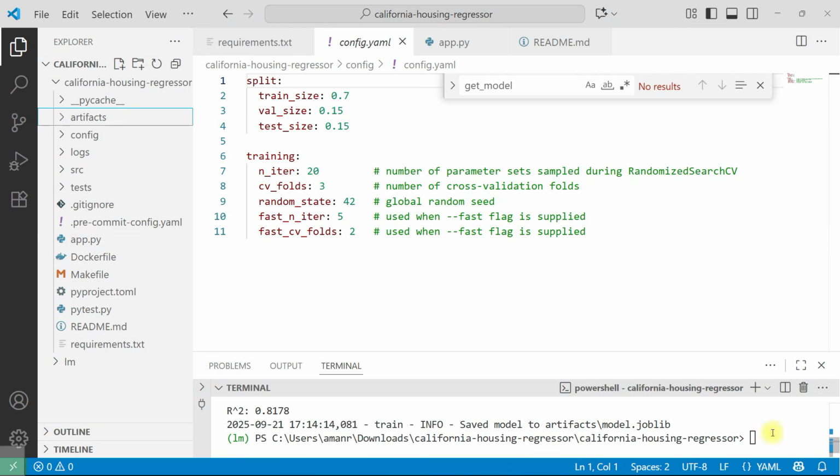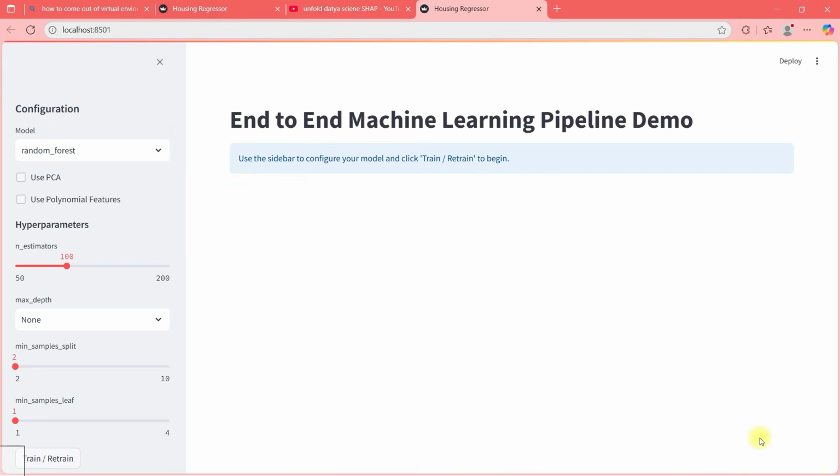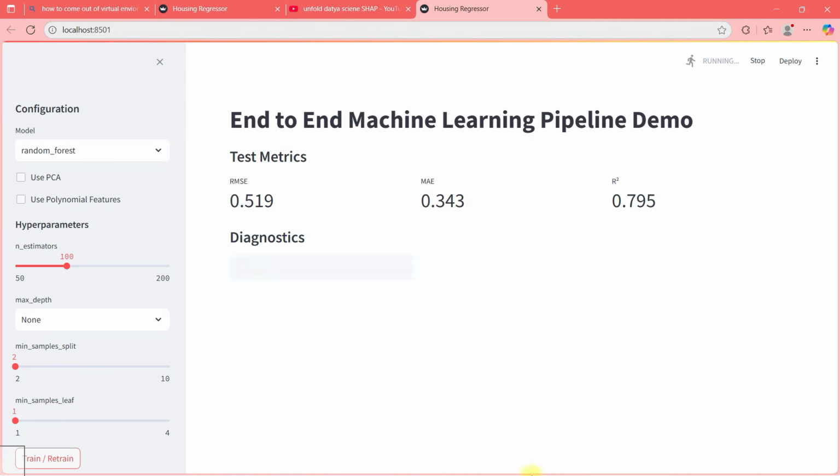Now this model is running very nicely in the local environment. But what if I want to take this model and run it on some other environment? That is the last bit that I told you. What if I want to run it on AWS or on some other server? What do I need to do if I want to push this model to Git and then integrate that Git with my AWS? So if you see here,